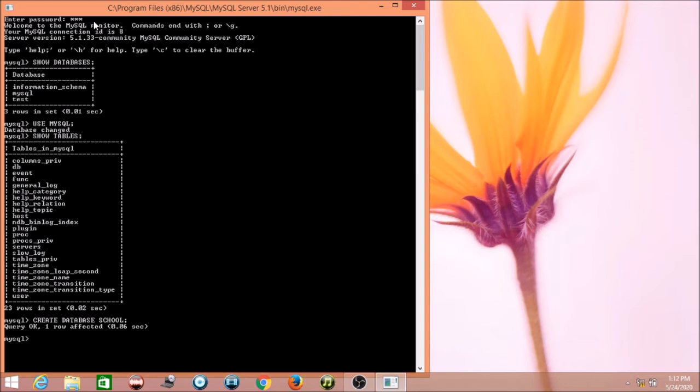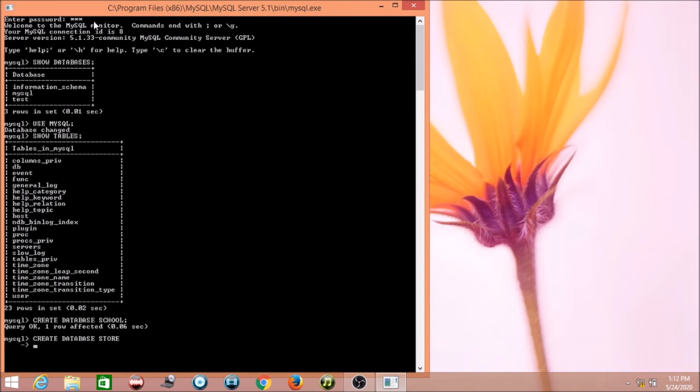Here I am again creating a new database, and then I will tell you how errors creep in. Create database, and suppose I have forgotten to put the semicolon and I just press enter, it will not execute the query.